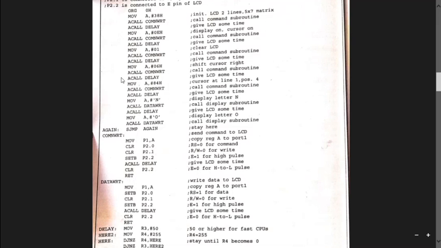So first, this is the main program. In the main program, here it called the ACALL command, right? Here, this line, ACALL command. So it jumped and came here. In the subprogram, I called ACALL delay. So it went to the delay program. After execution of this delay program, it has to come to where it is called. Here. Understood? And execute this line. And again, RET. So it has to go back to where it is called. That is here. Yes, ma'am.